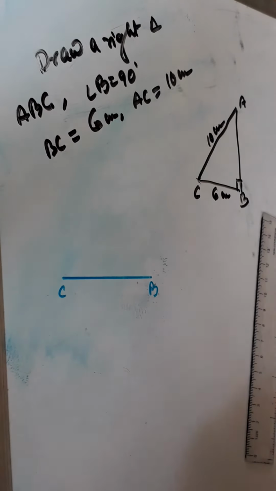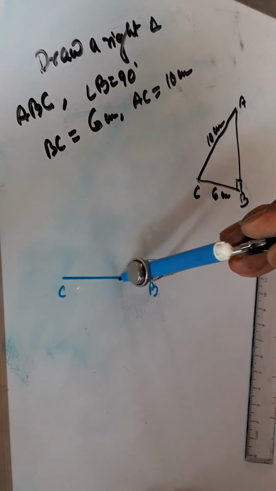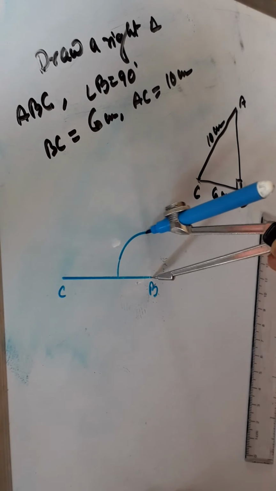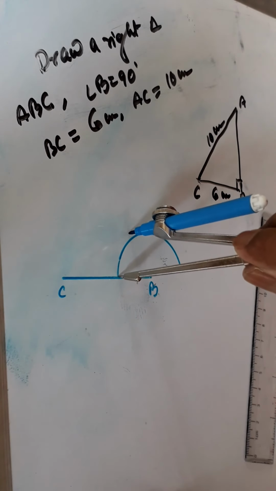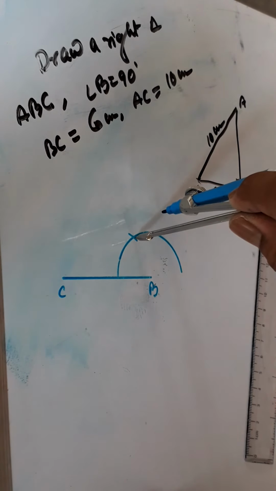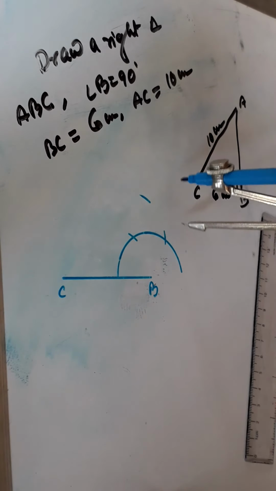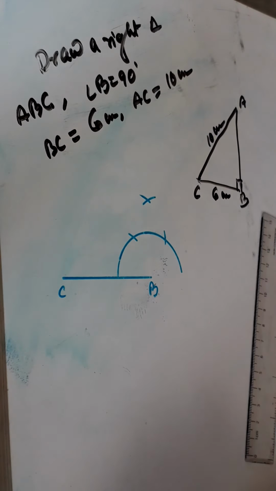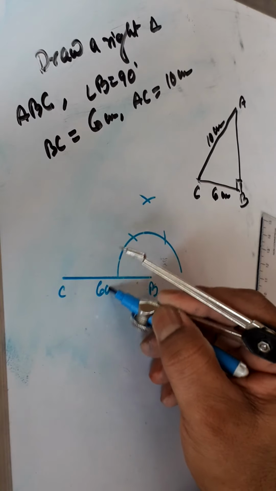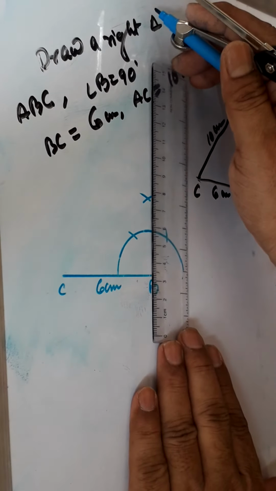At point B we will draw an angle of 90 degree. We can take an arc of any measure as per our convenience, which I have told in earlier videos also. We will take an arc from here, this 60 degree, another arc from here 120. Now the bisector of these two, join like this. This BC is of 6 centimeter. Now I am going to make this 90 degree angle.